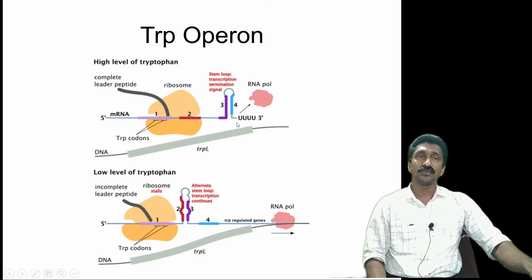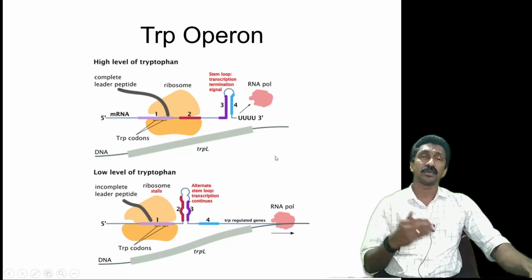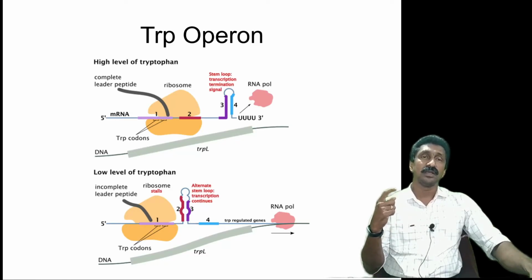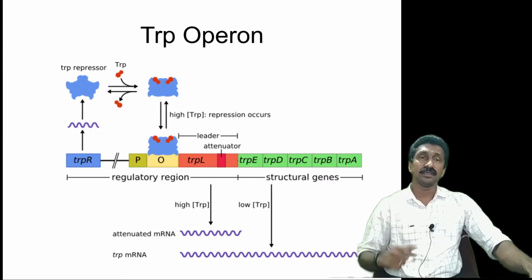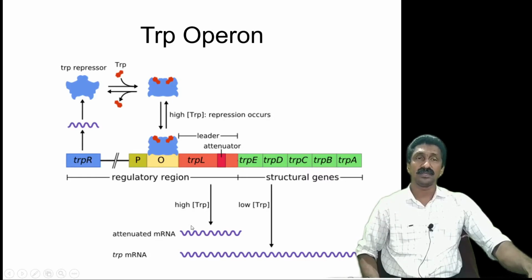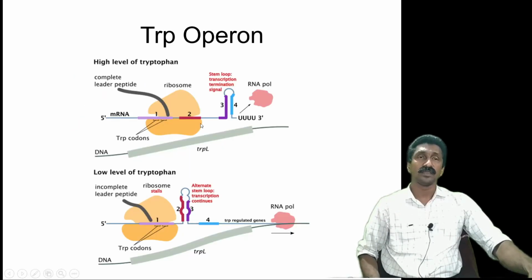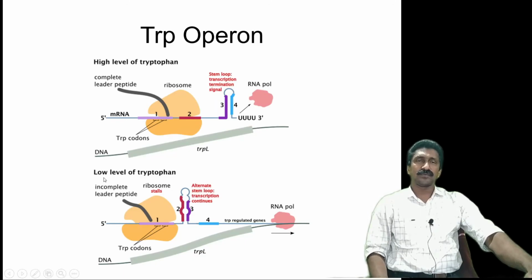And if the stem loop is produced, the RNA polymerase will be released and the transcription ends by production of a shorter mRNA like this one, attenuated mRNA. Okay. So in the case of a low level of tryptophan,